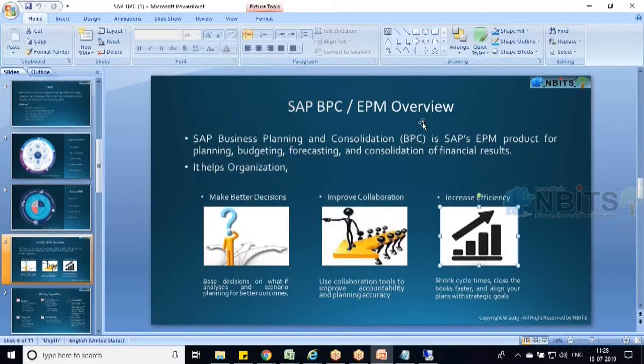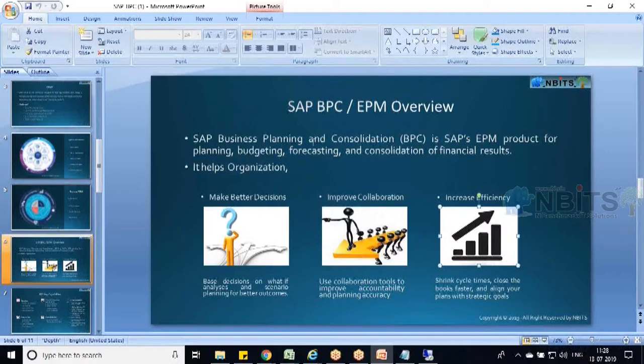And another thing is, let's say companies predict that in future they'll be getting the same work as usual, then they'll start firing the employees. All these kinds of things will be easy with the help of BPC software. Okay,